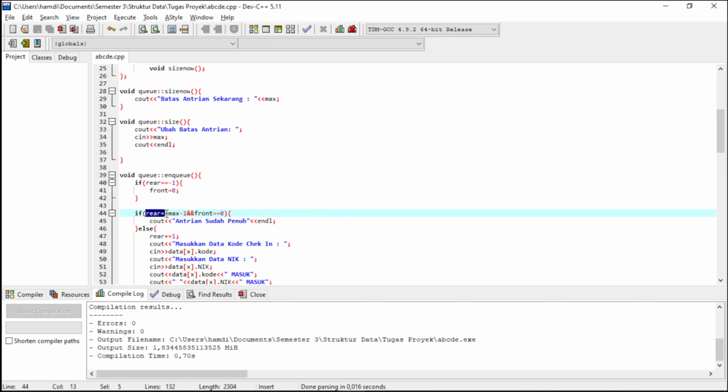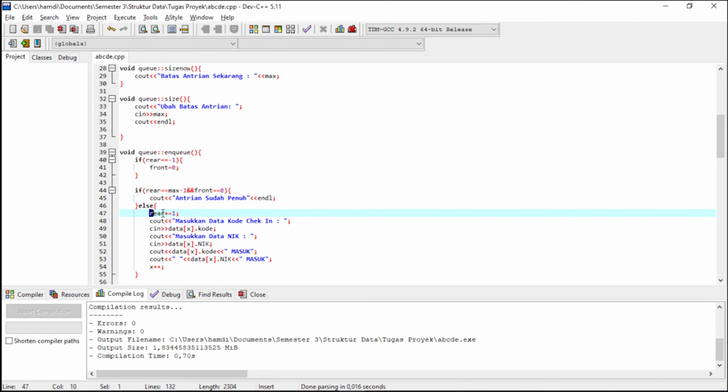If rear equal max -1 and front equal 0, the queue will be overflow or full, then cannot input the new data. Else rear plus equal 1, and then we need to input the code check-in with data type integer,